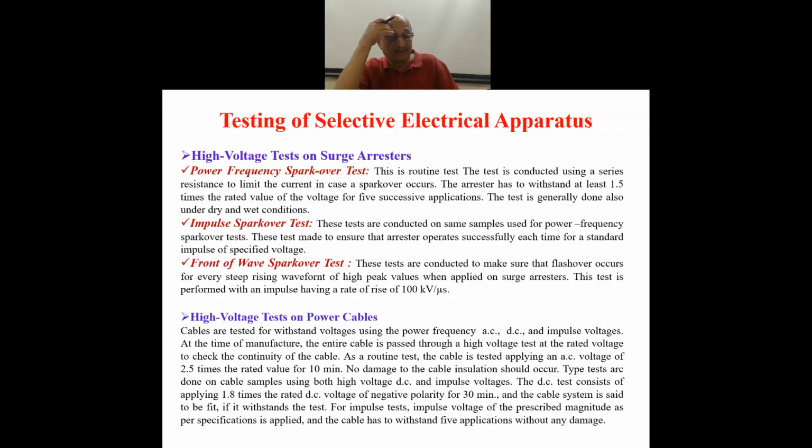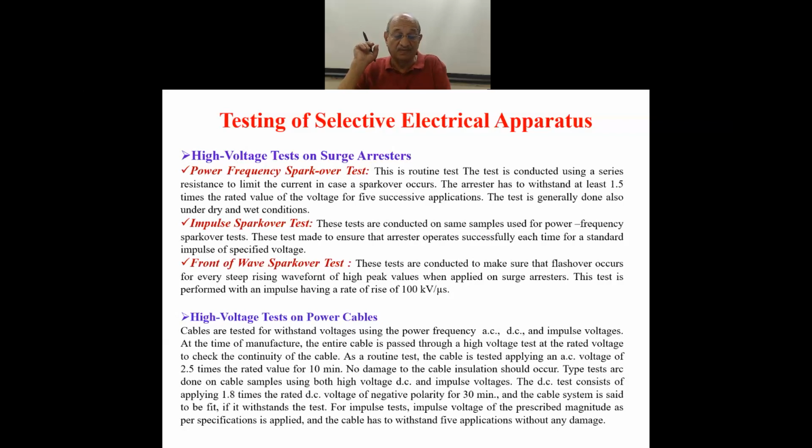The power frequency spark over test is done on surge arresters. The surge arresters or lightning arresters give a spark over for a pulse above a certain magnitude. And this is a kind of routine test,